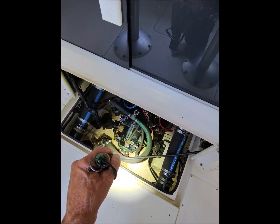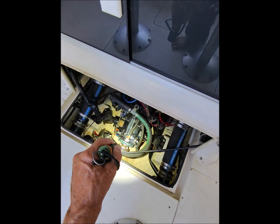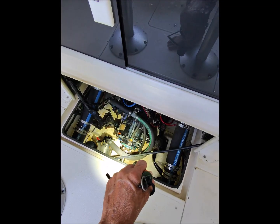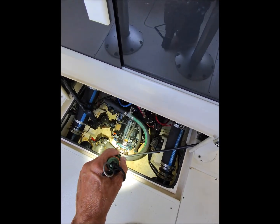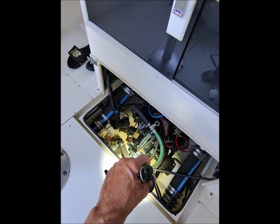What we do notice is we have a reverse, we have a good forward, and when you're in reverse, coming out of reverse into neutral, the shaft will stop for a second or so, and then it'll pick up speed, and within a couple seconds it's at full speed, again matching engine RPM. So